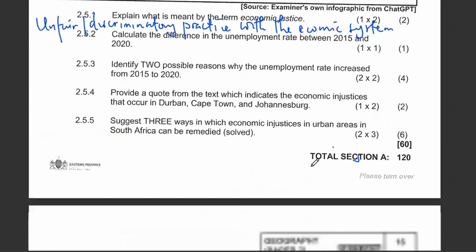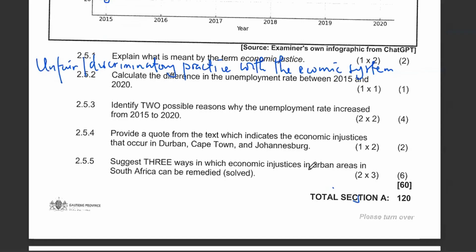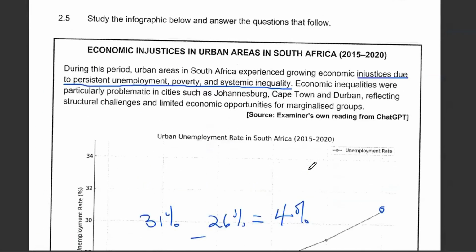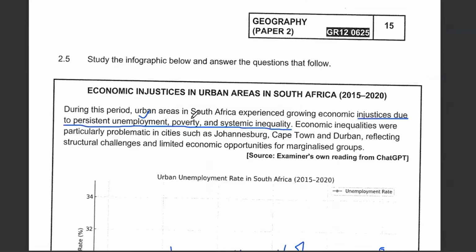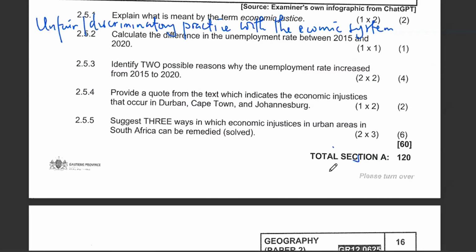Then our next question is saying, suggest 3 ways in which the economic injustices in urban areas in South Africa can be remedied or resolved. Right, our major crisis is unemployment, poverty, and inequality. So we want to try to find ways of dealing with those problems. How can they be dealt with? How can they be addressed? So we look at aspects like job creation initiatives,